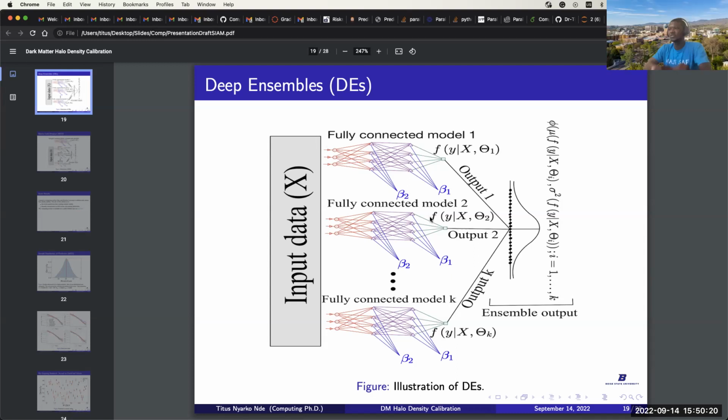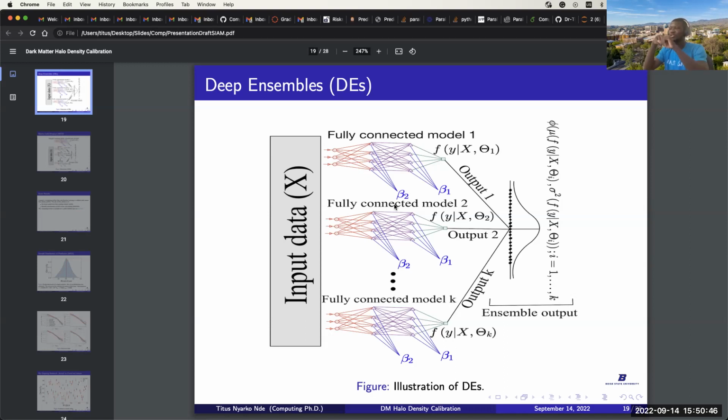Yeah, so what happens with the deep ensembles approach is you just randomly initialize the neural networks. Randomly initializing them means that each neural network you are fitting will have different weights and biases, so these models become different.